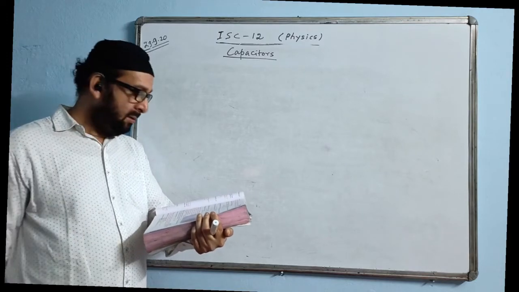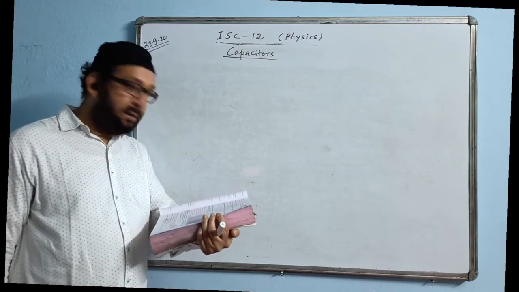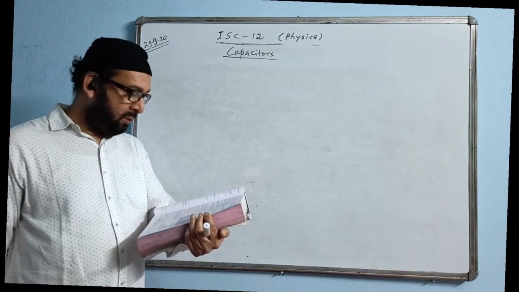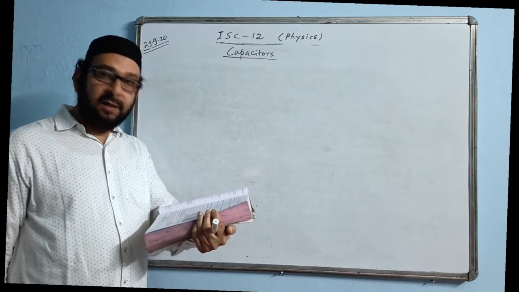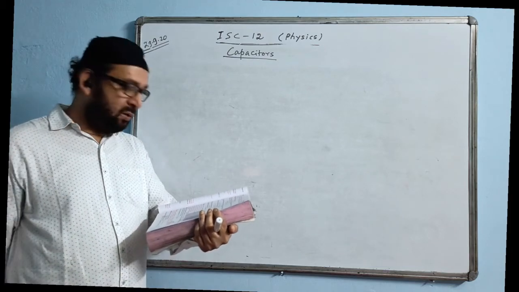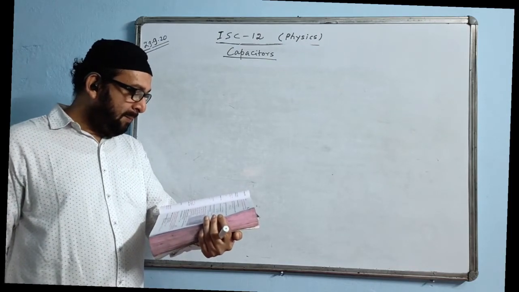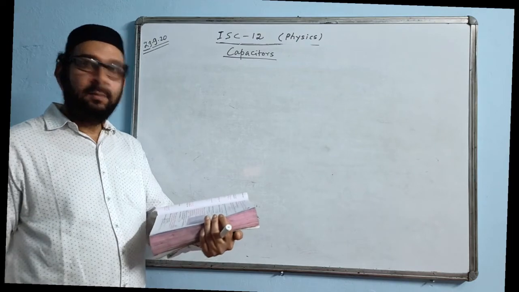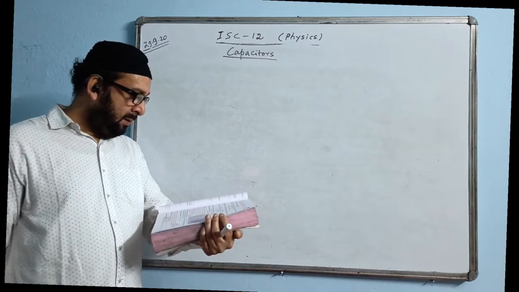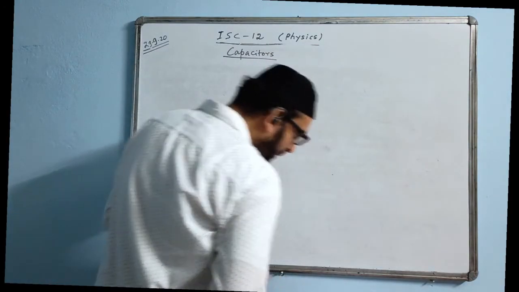An isolated 16 microfarad parallel plate air capacitor has a potential difference of 100 volt. A dielectric slab having relative permittivity, within bracket dielectric constant, equal to 5 is introduced to fill the space between the two plates completely, and figure B is given. Calculate number 1, the new capacitance of the capacitor, and number 2, the new potential difference between the two plates of the capacitor. I will explain the question.